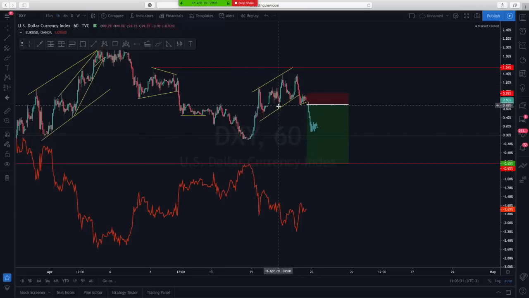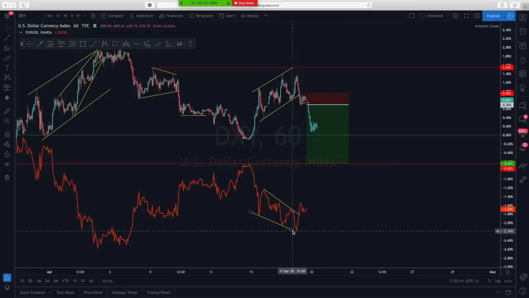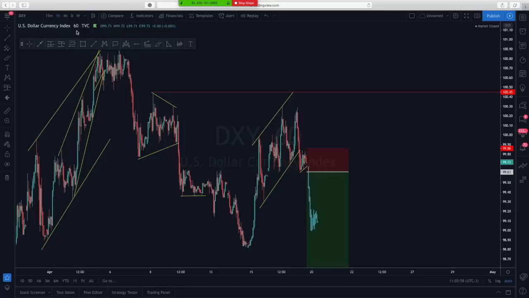So this phase that you're seeing here is this phase. Basically, this phase is this. Okay, you can see how it is right here. And obviously, the impulse breakout here, the correction, the impulse breakout here, and the correction. So we're going up on EURUSD, but I'll show you guys going forward, but this is how we apply the dollar index.